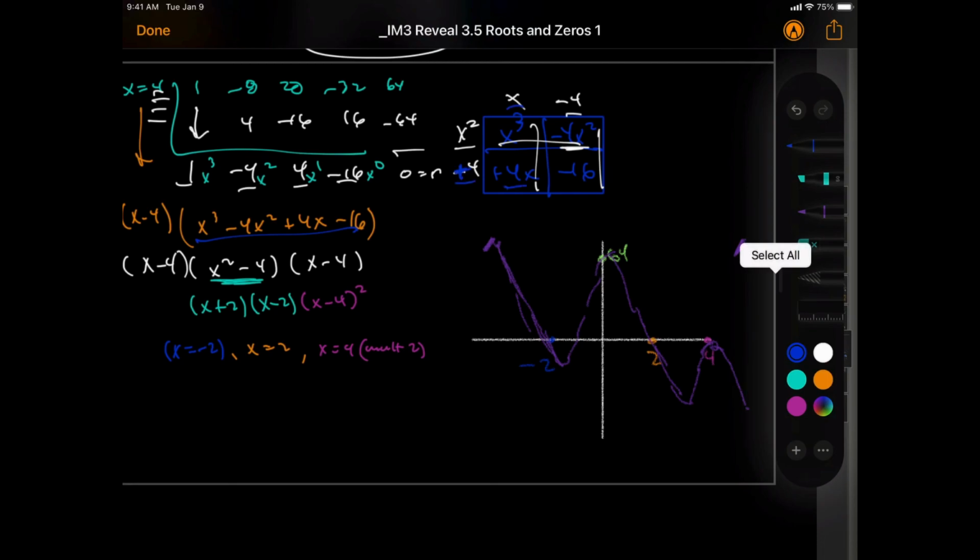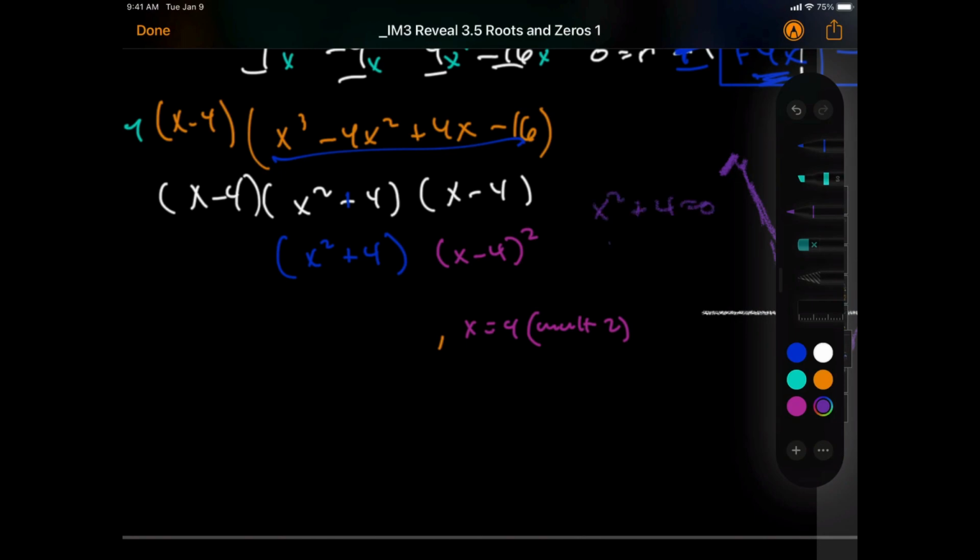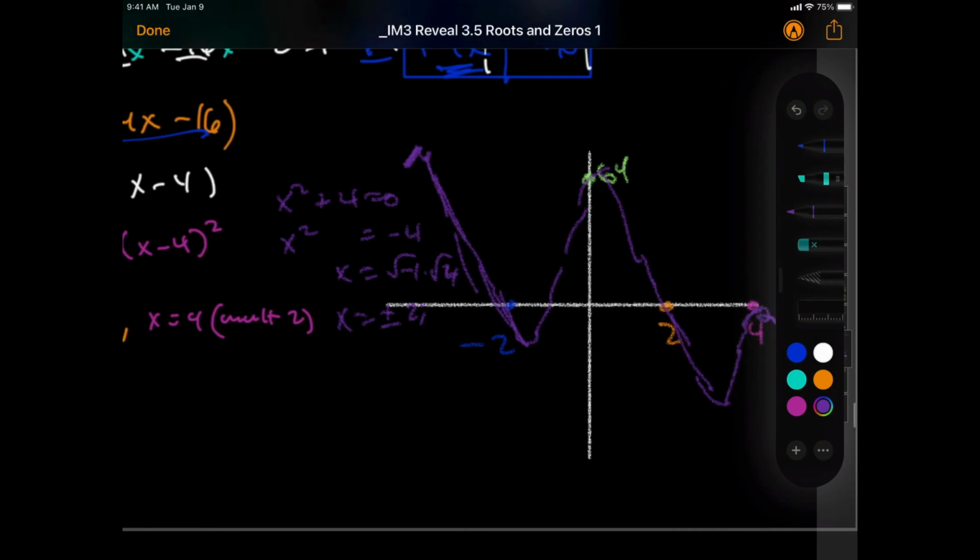4 times x is 4x squared, so that makes sense. X squared plus 4. So this one is x squared plus 4. And then when you do that one, okay, that one makes sense. When you solve that one, you'll get subtract 4, take the square root, you're going to get negative 1 times square root of 4, which is x equals plus or minus 2i. And so this graph